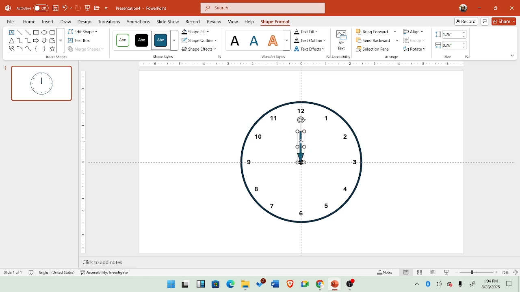This is my minute hand. So I like to start with the minute hand, because the minute hand helps you to position other hands accordingly. So all you need to do is click on the hand. After adjustment, come to your shape format, go to rotate, and flip vertical,